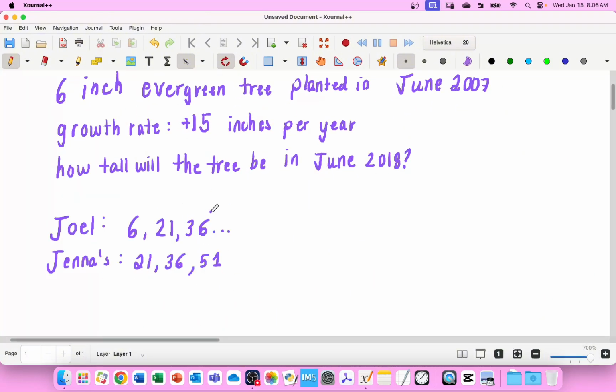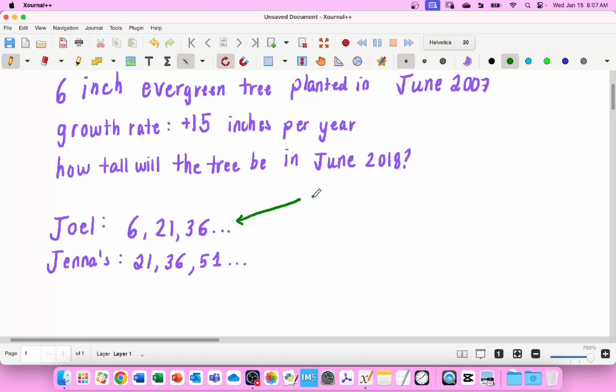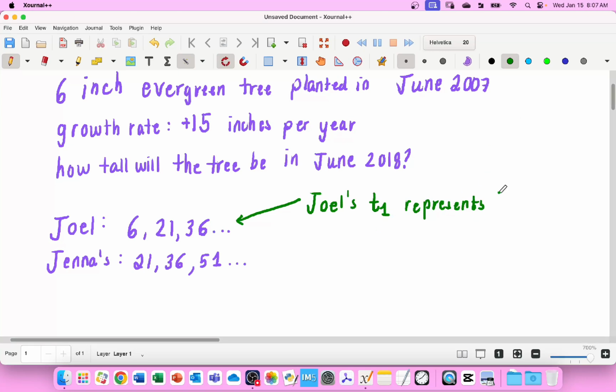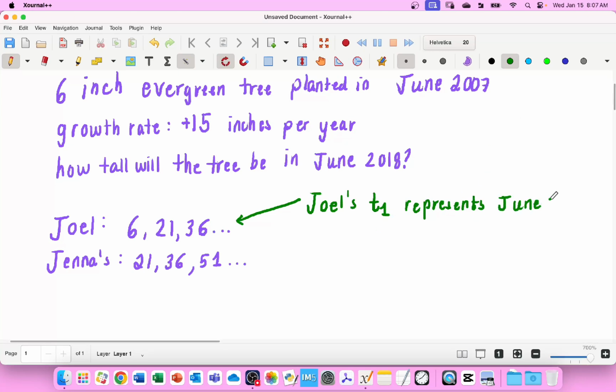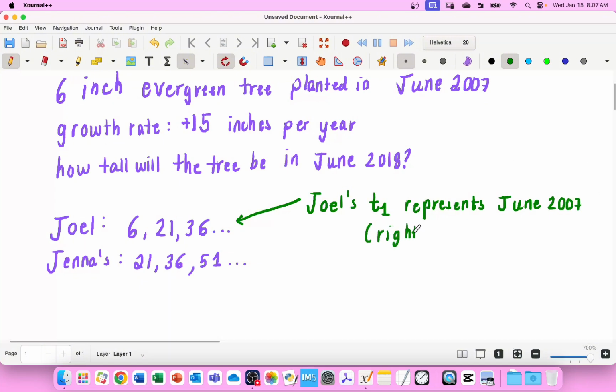So there's these 2 students and they have 2 different arithmetic sequences. To be honest, the main difference here is Joel's T1 represents June 2007, right, when the tree was planted,